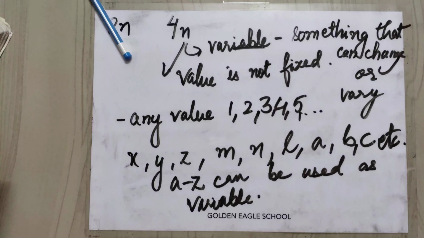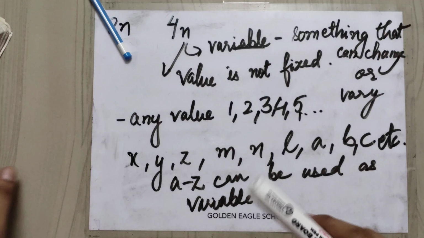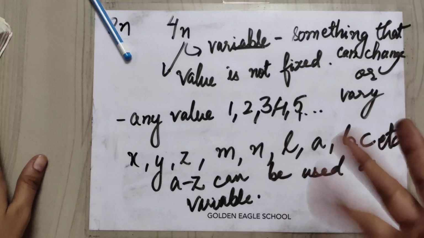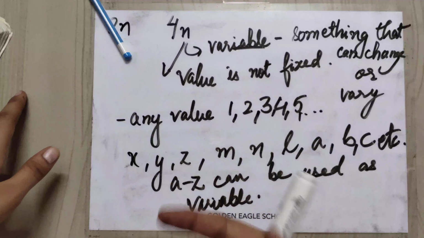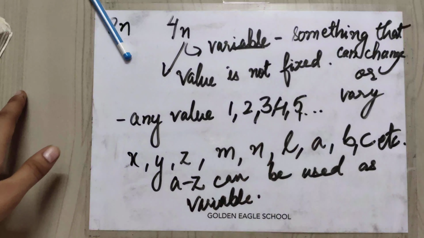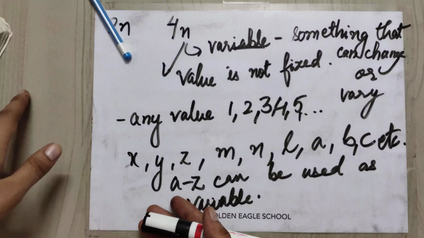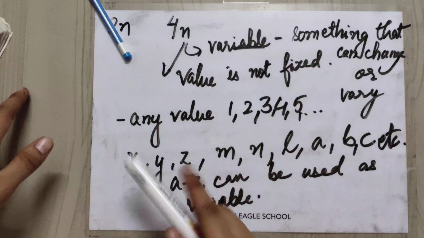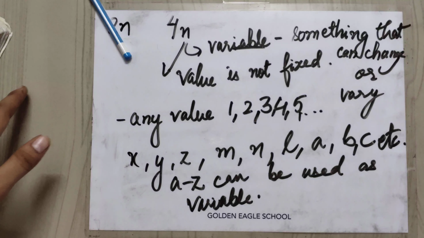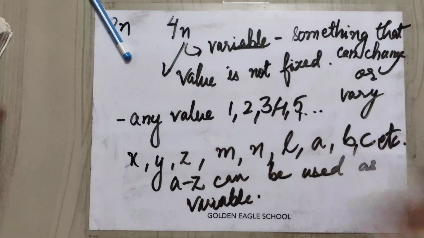Similarly, the number of angles in a triangle also has a fixed value. The number of angles in a triangle is 3. Obviously it is a fixed value, so it is not a variable. The number of corners of a quadrilateral is also not a variable, it is also fixed. We have seen that n is an example of a variable. It can take any value.